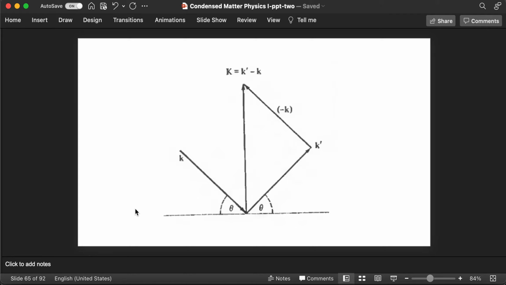Now, because the scattering is elastic, I can view the whole picture in a slightly different way. I can say that K is hitting a plane at this point, then there is a K prime that emanates out, and I can draw the reciprocal lattice vector as perpendicular to this plane, and I can of course draw minus K like that, and these are the incident and the scattered angles. That's an equivalent formalism.